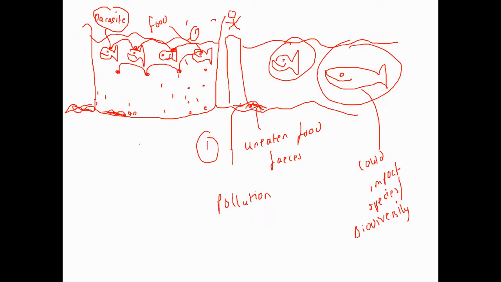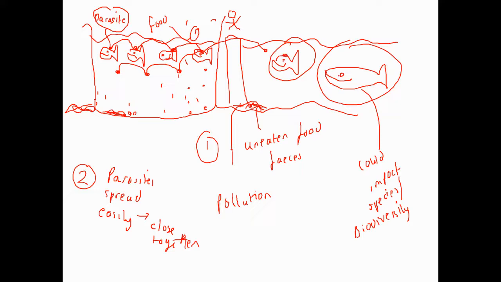Okay, so actually, in a weird way, even though they probably don't get much disease, sometimes parasites, you've got all this written down anyway, spread easily. And why do they spread easily, year 9? It's because they're very close together. And not only, boys and girls, sorry about my pen, not only does it spread together in the pen, sometimes these parasites can also jump out and start impacting the species on the outside of the pen, which again can affect a whole ecosystem, and it's a disadvantage.